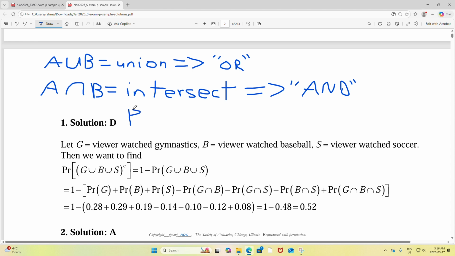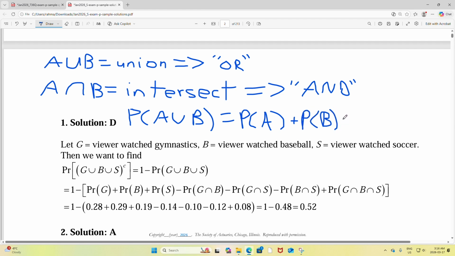The probability of A union B equals the probability of A plus the probability of B minus the probability of their intersection. But if you don't want to memorize that,